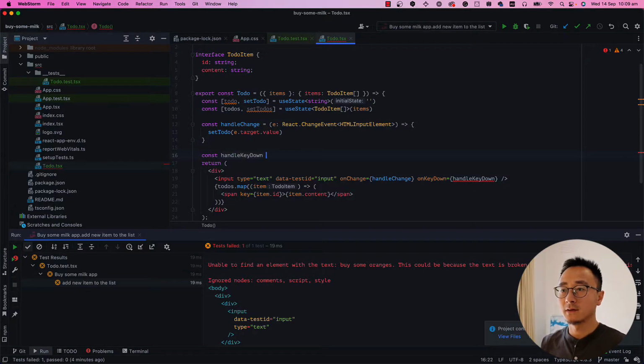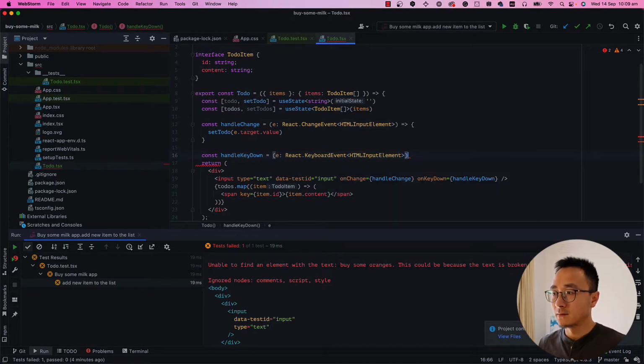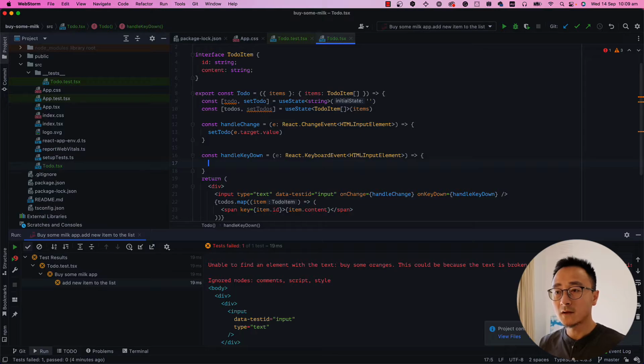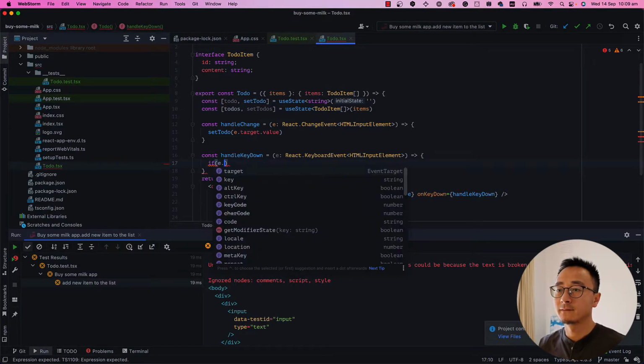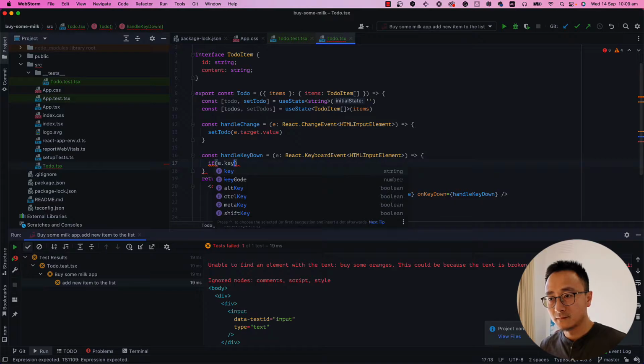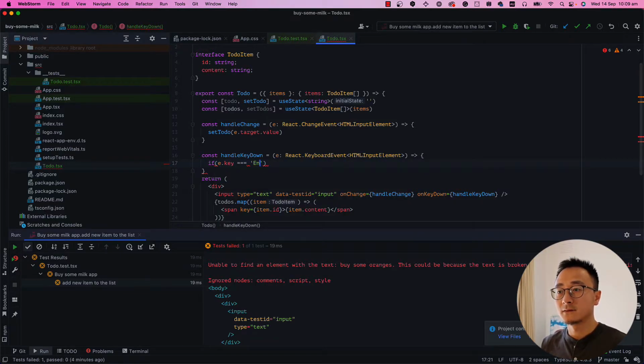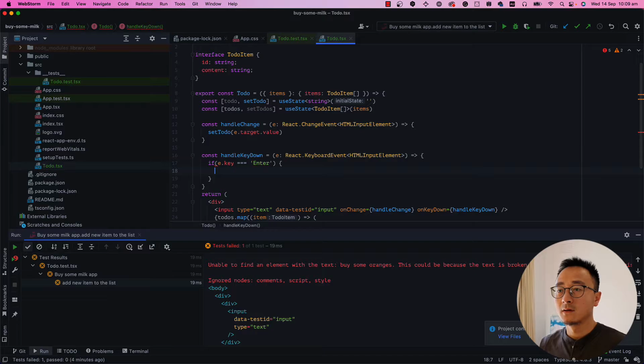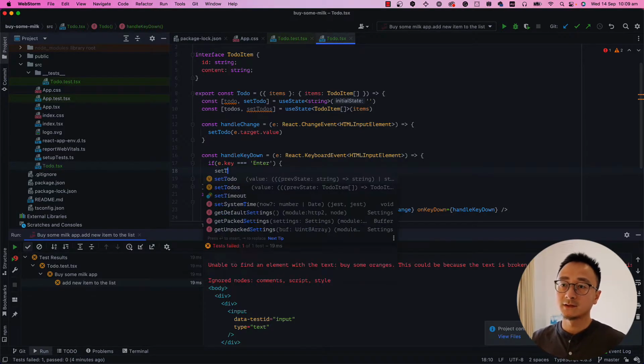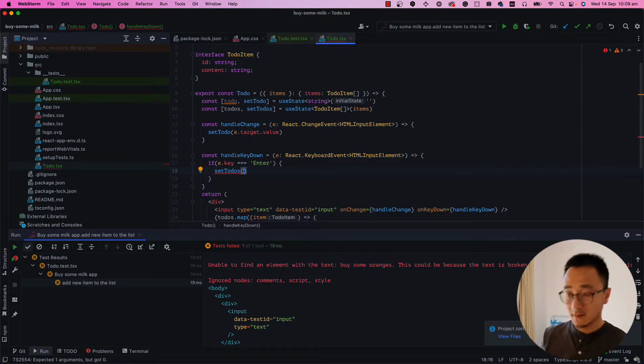So for handleKeyDown, it is a React keyboard event from the input, of course. And then in this case, we will check if the key is Enter. If it is, we will set todos to... So first we spread the current todos, and then we will add a new todo at the end of the list, which is